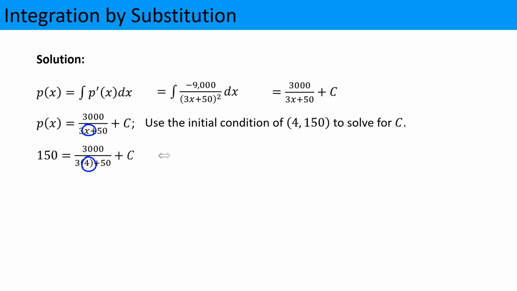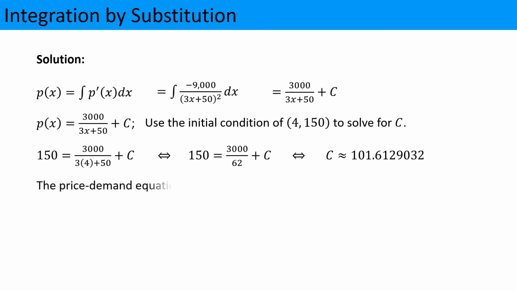And that's going to be equal to, let's do some of the arithmetic, 150 is equal to 3,000 divided by 3 times 4 is 12, 12 plus 50 is 62, and we still have plus c. So now algebraically solve for c, that is, you can do 150 minus 3,000 over 62, and you get that c is approximately 101.6129032. The price-demand equation is P of x equals 3,000 divided by 3x plus 50, and then plus